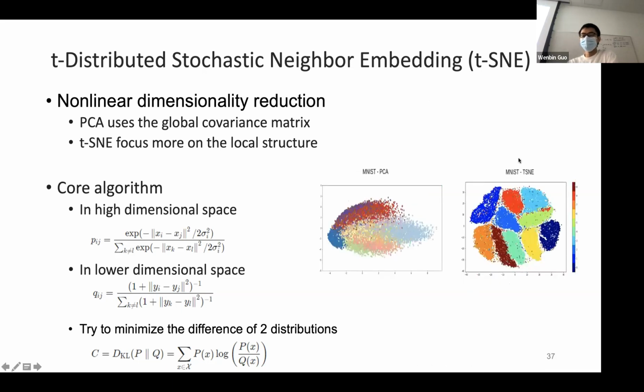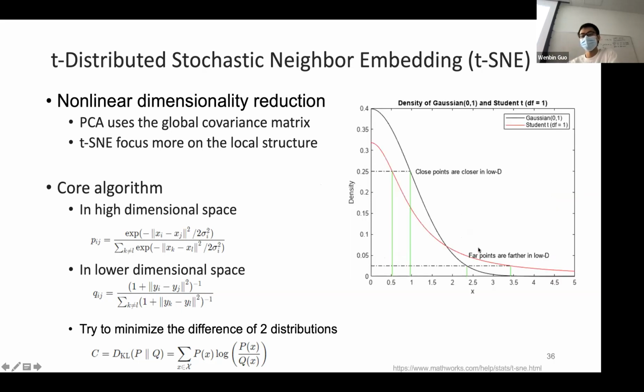So in reality, if we test these two methods on the same data set, do the PCA and also do the t-SNE, we can see that they have a very different separation pattern. It's a data set of digits 0 to 9, and we can clearly see that t-SNE seems to have the better separation between each of the